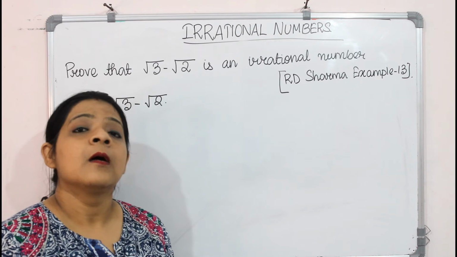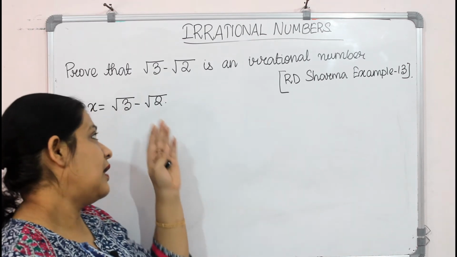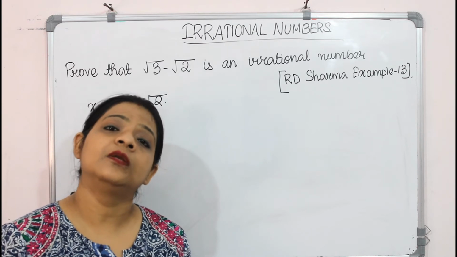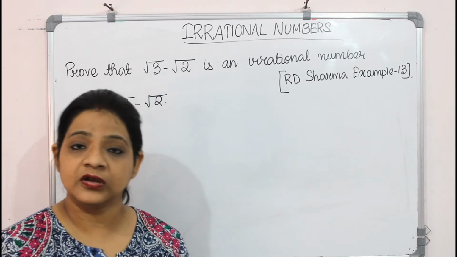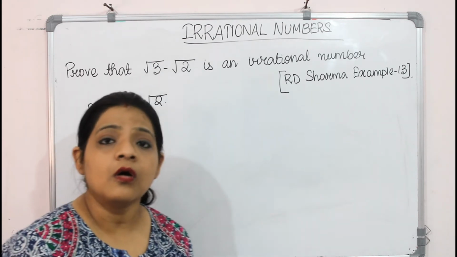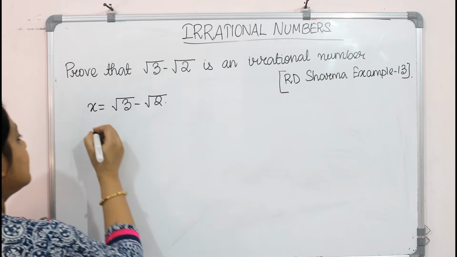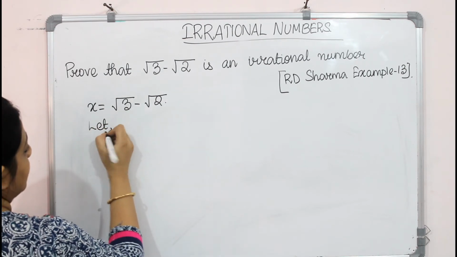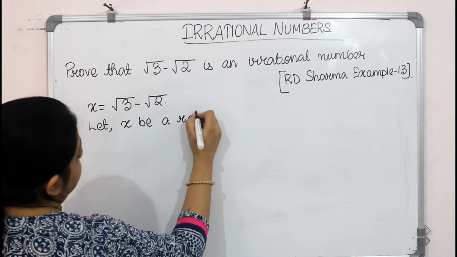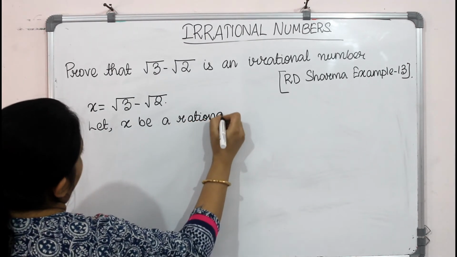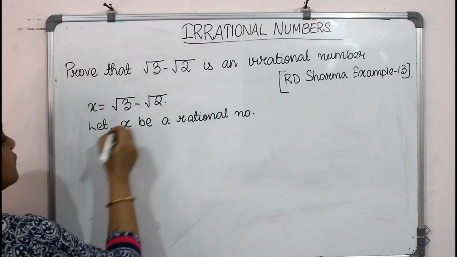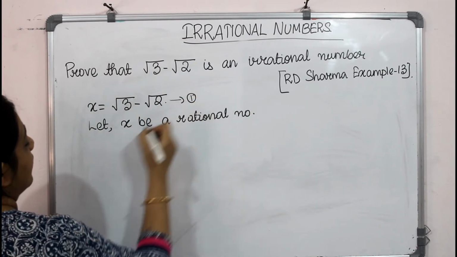So you are subtracting an irrational number from an irrational number, so ultimately it will be an irrational number, that we know according to the property, but you have to prove this. So for that, let us say that x be a rational number. Okay, we have just assumed that it is a rational number. Okay, so squaring, if I give this as 1,